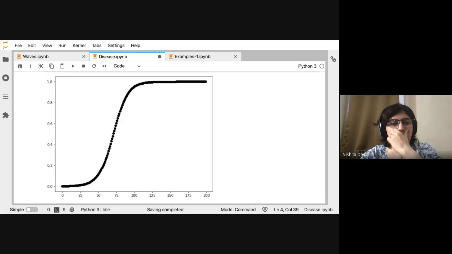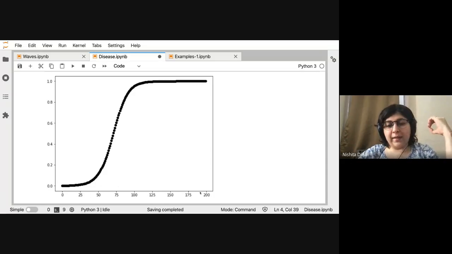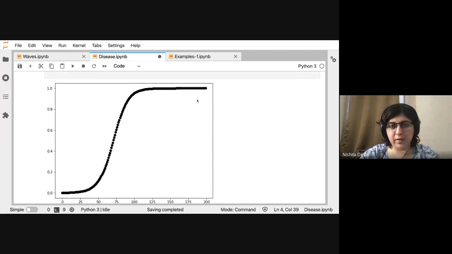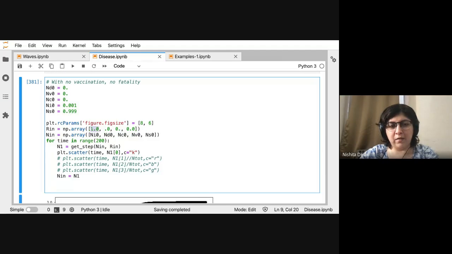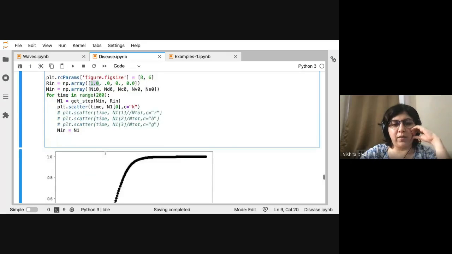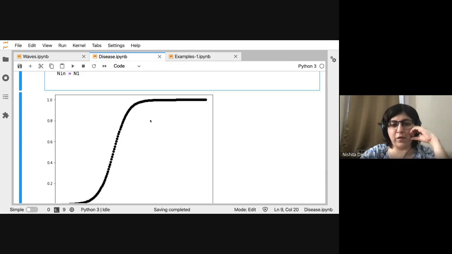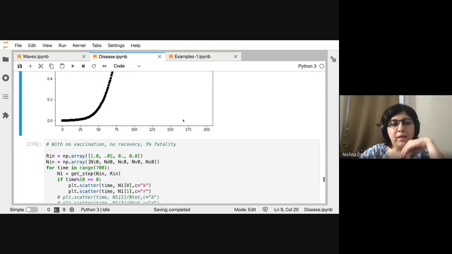Okay, good. So let's say that our x-axis is number of days. Then this is how it progresses. Right now we just have one thing happening where you have R0 of 1 and all the other coefficients are 0. So this is just to observe the effect of the first equation.